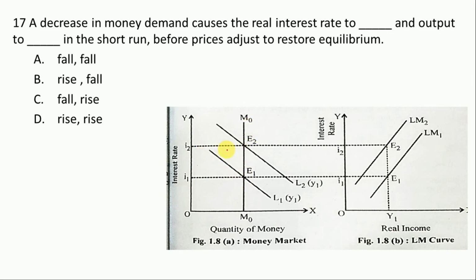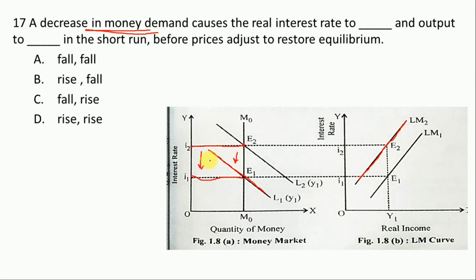And as you know, in monetary policy, what happened here? In the money market, the demand for money curve intersects the supply of money curve at point E2, and corresponding to this is the rate of interest, and this is हमारा LM curve. ठीक है. Now what happened in the economy? Suppose the demand for money curve has declined. Demand for money is going to decline from L2 to L1. हमारा कम हो गया. So what will happen? हमारा equilibrium point will change from E2 to E1, and as a result of this, the rate of interest will decline.